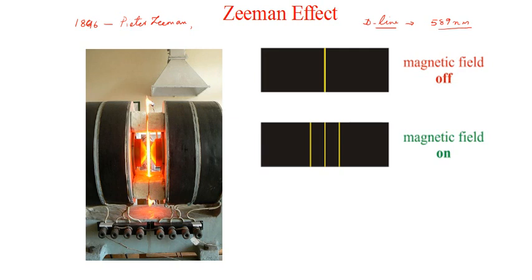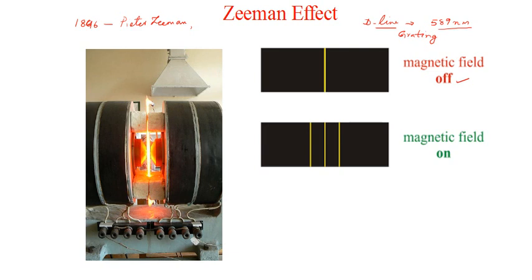which he observed through a grating. You know, we use a prism or a grating as a dispersing element. So he observed the lines with the magnetic field off, and he was getting a single thick line, and to his surprise he found that the moment he switched on the current through the electromagnet, the single line was getting split up into three components.